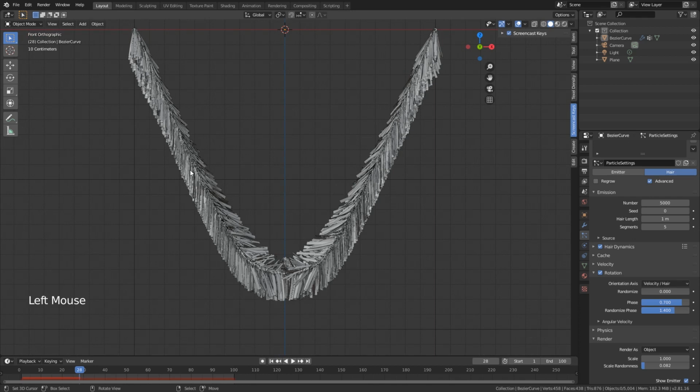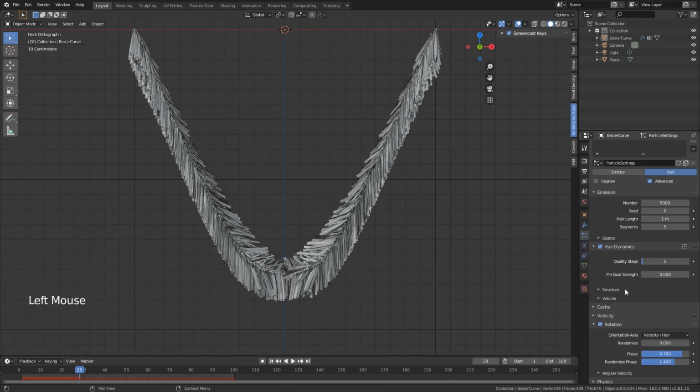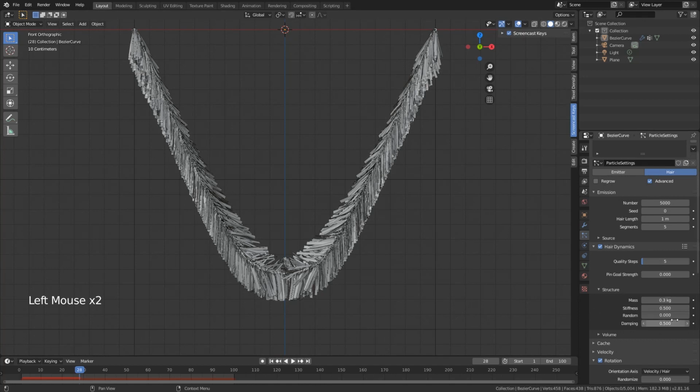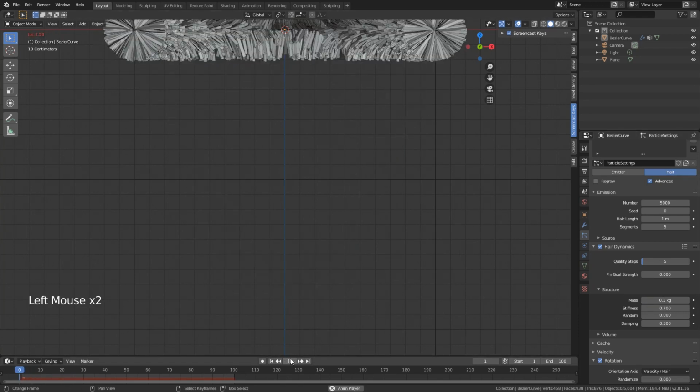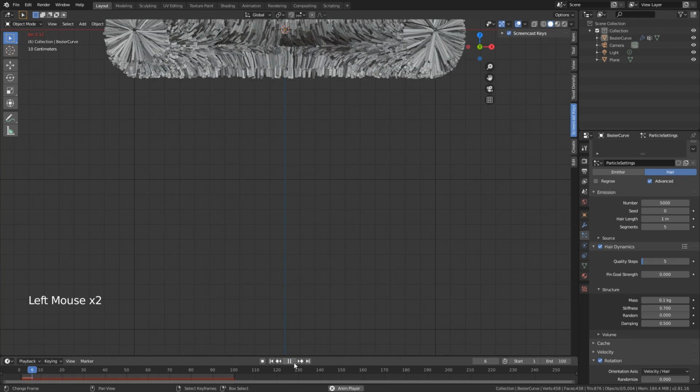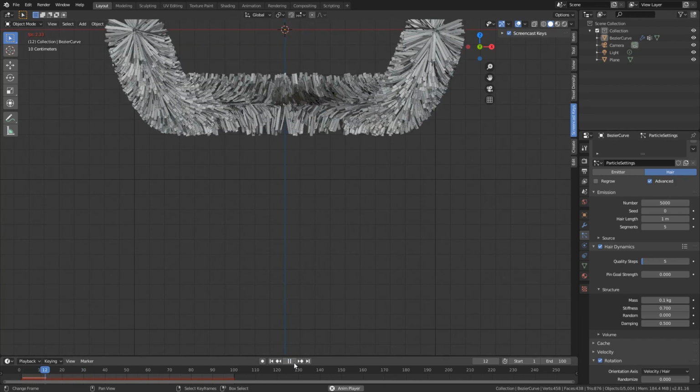And that is how hairs would work, but not really how these tinsels will work, right? So what we want to do is change some of these settings. I like to go to the structure and put the stiffness a bit up, like 0.7, and this will make them more stiff. And I feel like the mass would also change a lot. So if you put the mass to 0.1, then they would also move less, just like the rope did in the beginning. So if we simulate it right now,